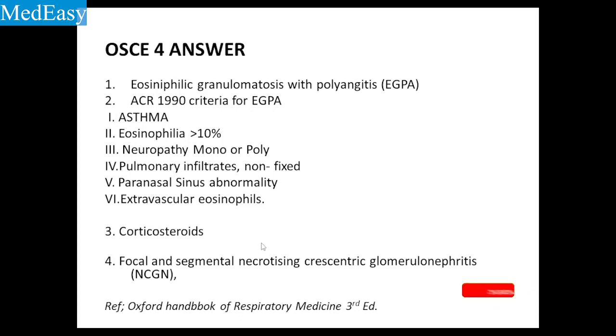The mainstay of treatment is corticosteroids, and the renal complication this patient can develop later in his life is focal and segmental necrotizing crescentic glomerulonephritis. So this is where we have to be very specific about our answers when answering in the OSCE. Hope this will be helpful for the aspirants who are going for the DNB practical examination,